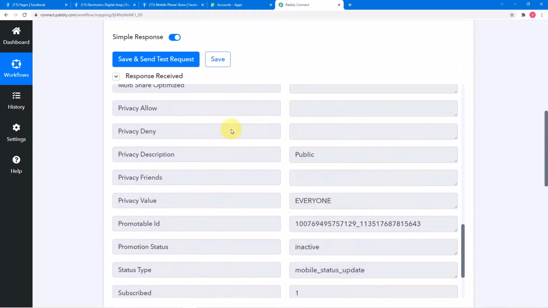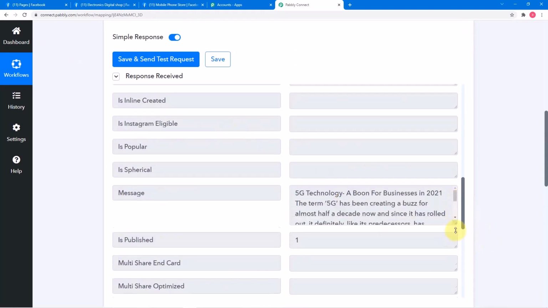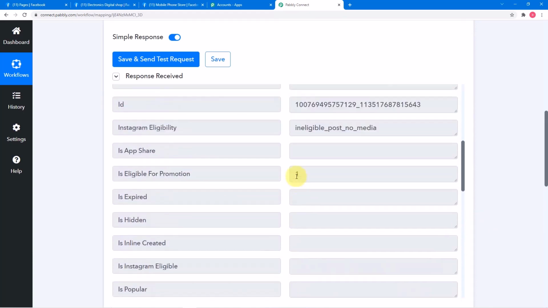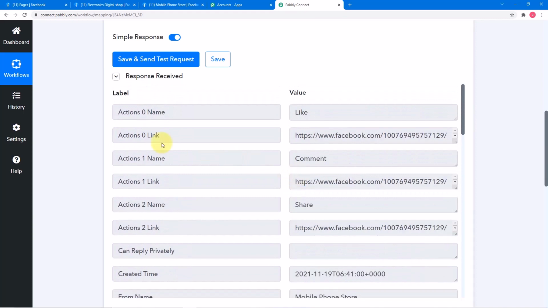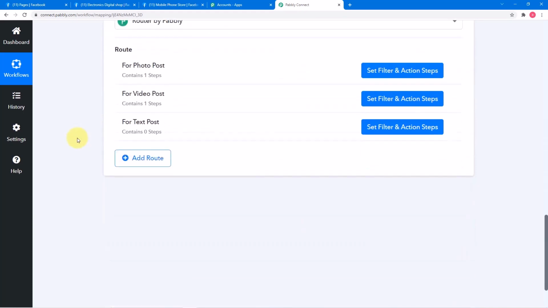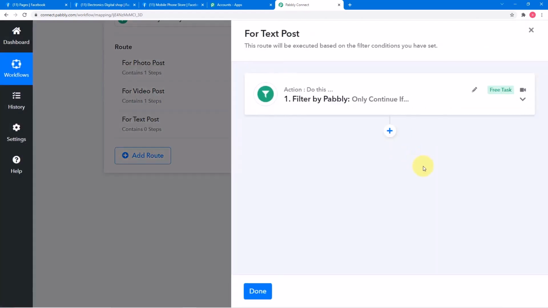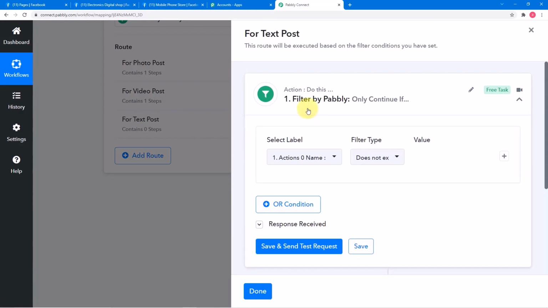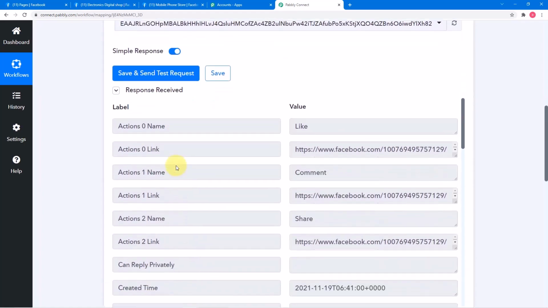Okay, right, so it is showing us the message that we have posted like this, and all other details. So let me come here on this third route and click on set filters and actions tab, and now in this filter I am going to select a label which is this one. Let me show you. From this tab I am going to select this label here,